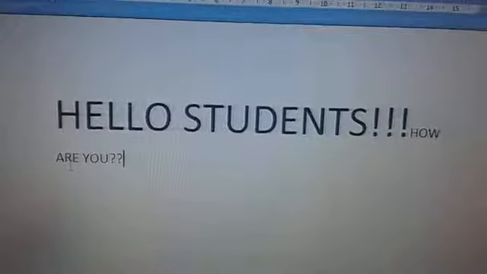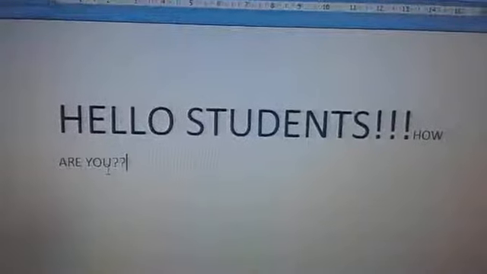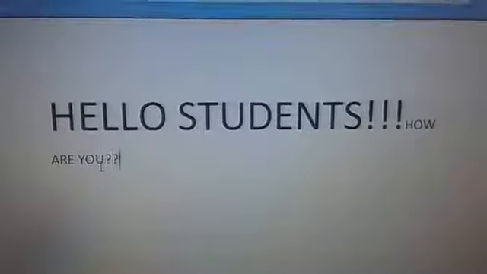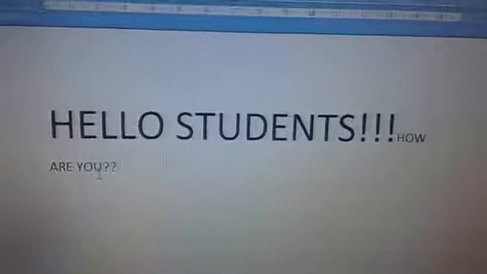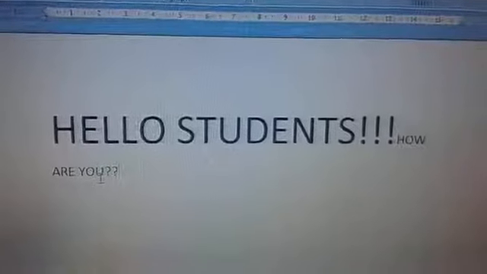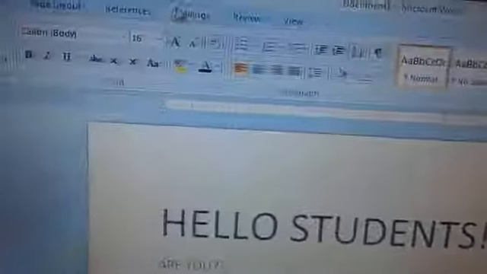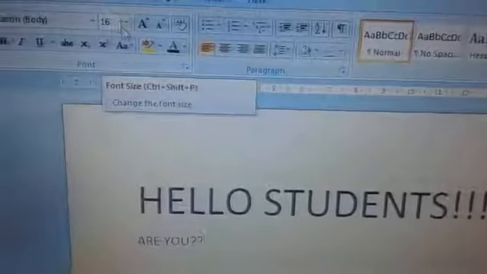And these alphabets are in size 16. So while typing, you somehow forget what was the size of this alphabet, because the next alphabets you want to be of a little bit smaller size. So what was this size? It will be shown here. Here 16 means this is size 16.